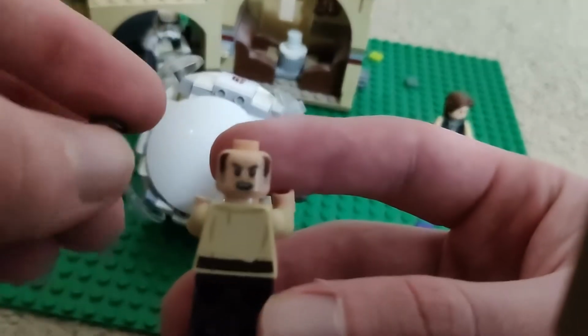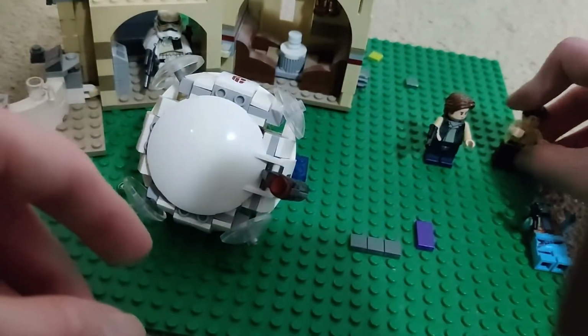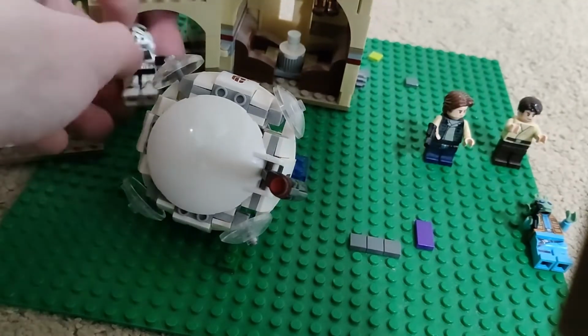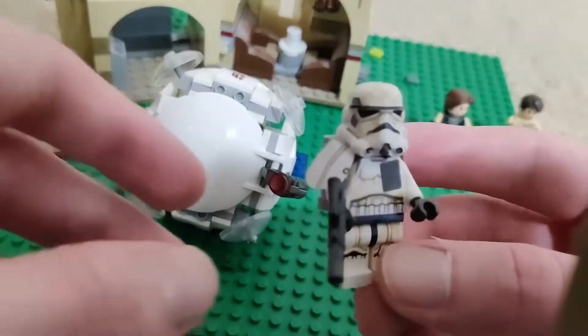They actually do give him an alternate face as well, so he is a fully fleshed out minifigure. Lego was actually not really lazy with him. So next up we do get the Sand Trooper, or the Stormtrooper that is covered in sand, and he is a pretty cool minifigure. This is a very detailed Stormtrooper for me, and one of the only Stormtroopers I have